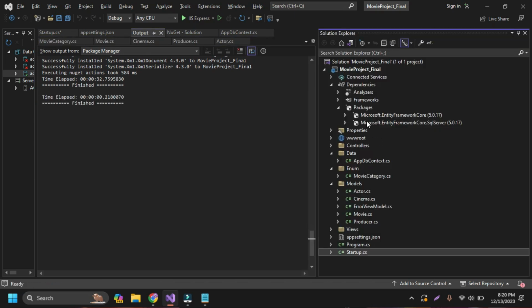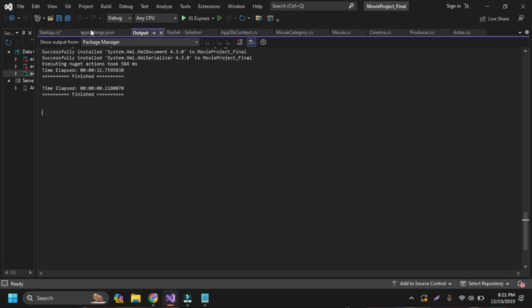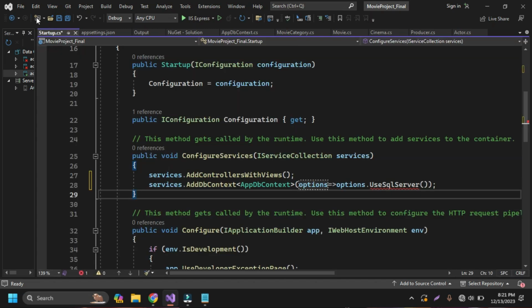now I have two packages. Before the installation of the SQL Server package, I had only one package, that is the Microsoft Entity Framework Core, but now I have two packages. Now go to Startup.cs, click over here, and just hover the